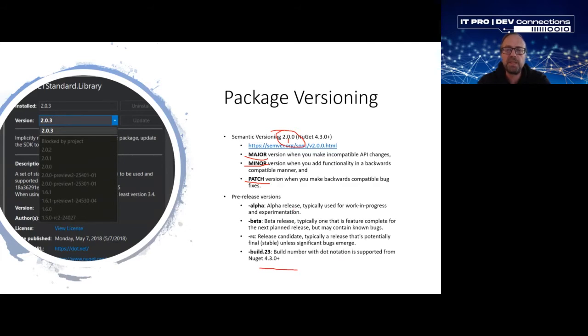Now, there are a bit more. We can add this dash notation that we can add additional information. For example, the dash alpha. This is typically work in progress, experimentation. You should, of course, not use it in production, but you can use it just to play around and see if things work. Beta is the second in the software versioning